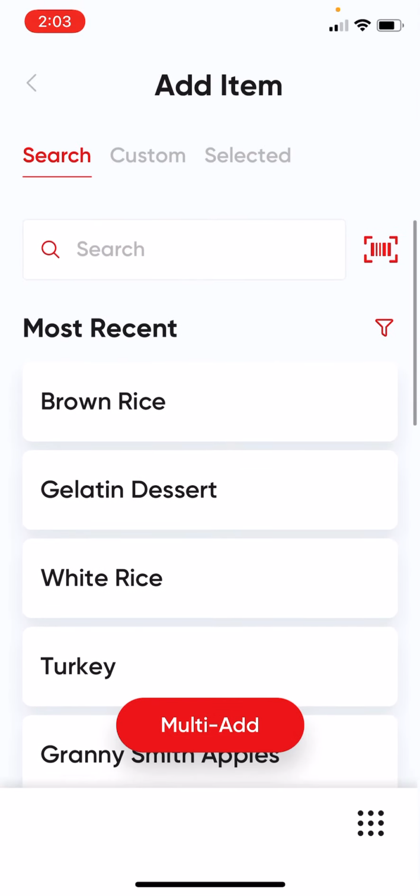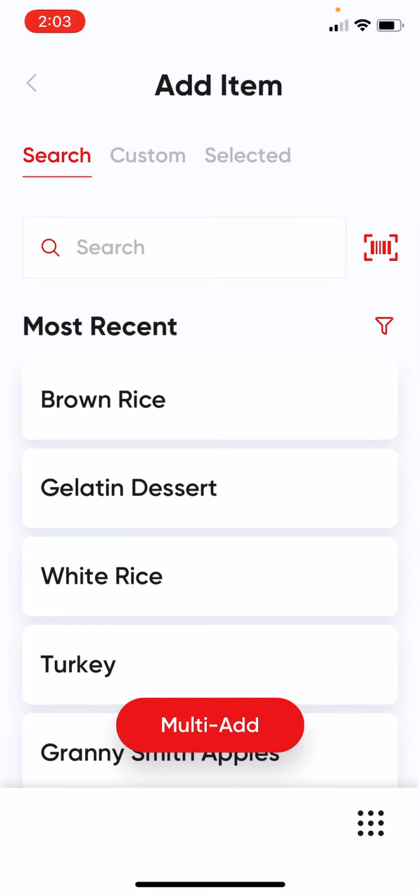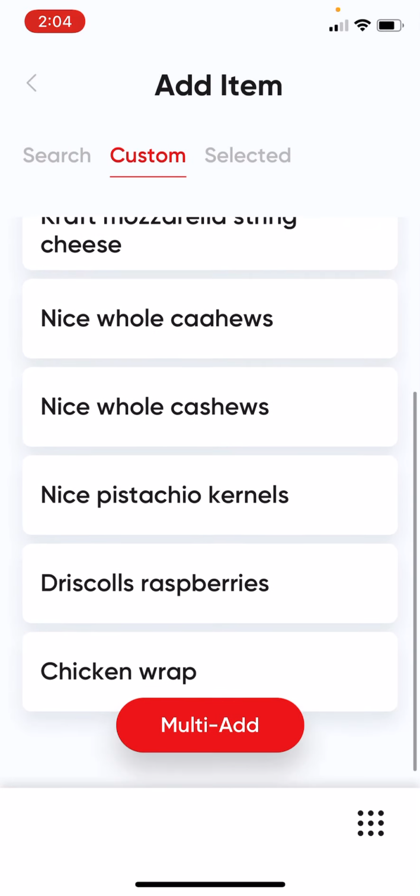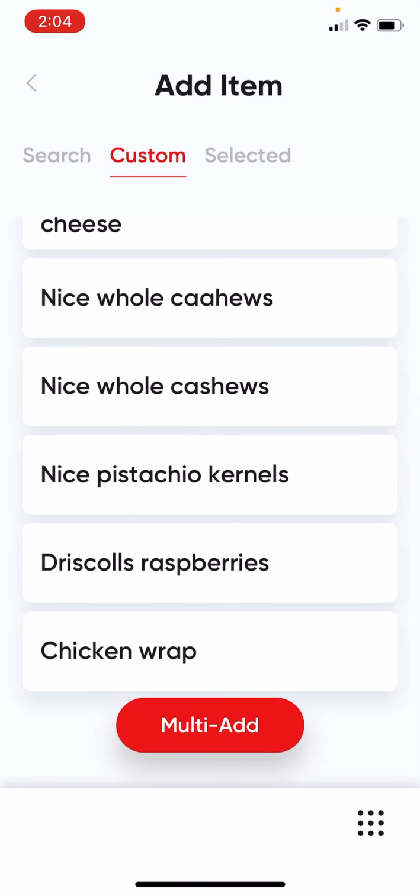So it has it under search right now, most recent. So that's my most recent searches. We can go under custom. Okay, so let's say that you've got